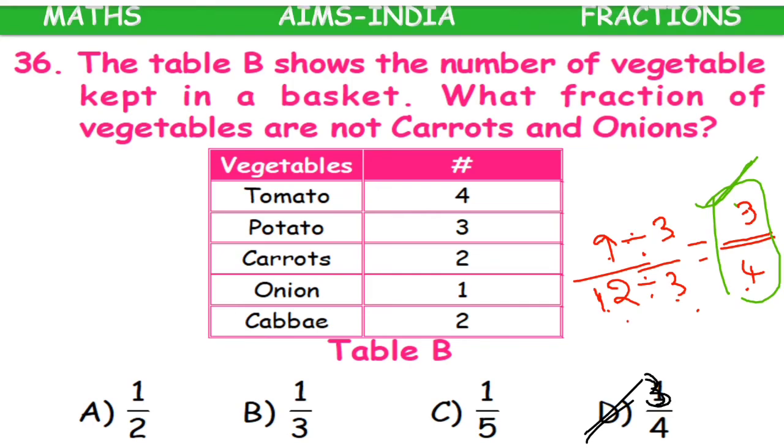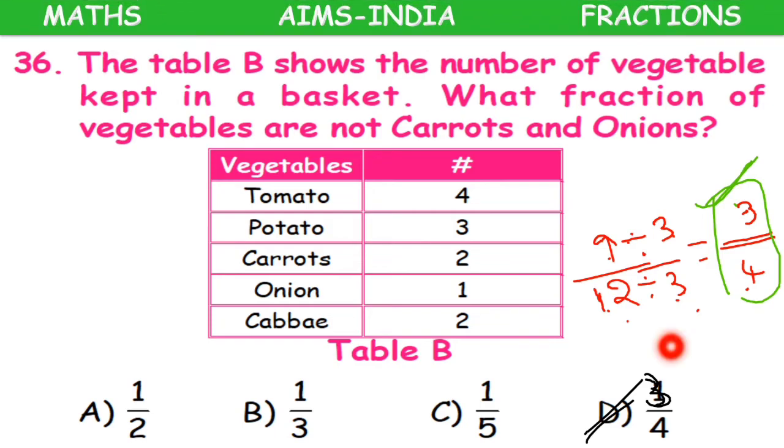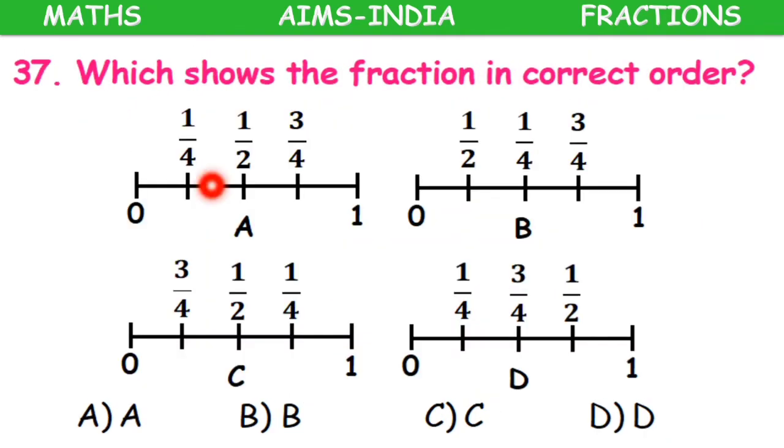Sometimes a mistake might be given in the exam. Whenever such mistakes are given in the exam, you will get full marks for that question, children. Don't leave the question empty. Tick any of the answers, because the examiner has given the wrong option. He will give you full marks for whatever option you have ticked. Now for this question, the correct answer is 3 by 4.